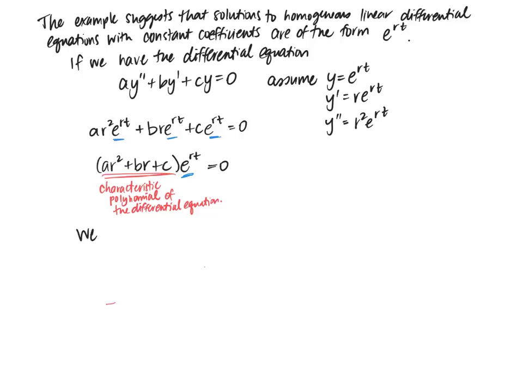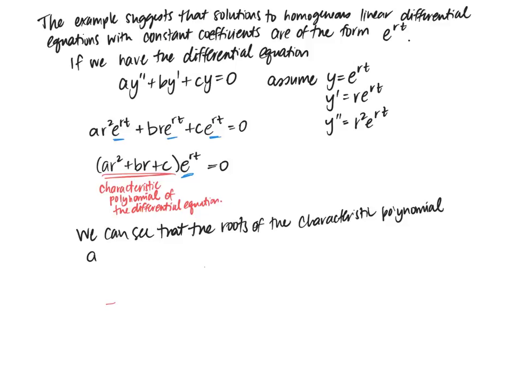So we can see that the roots of the characteristic polynomial, a r squared plus b r plus c, will yield